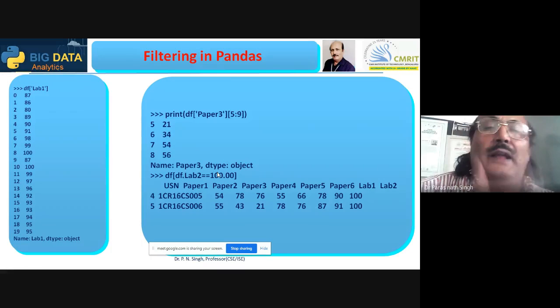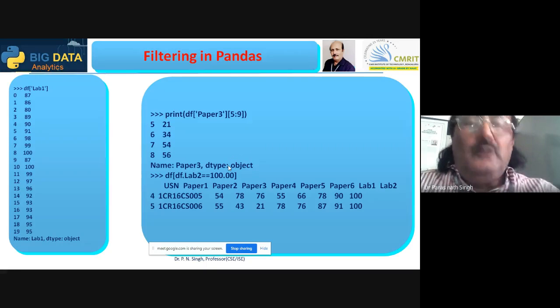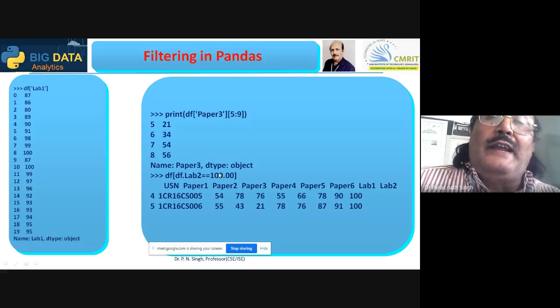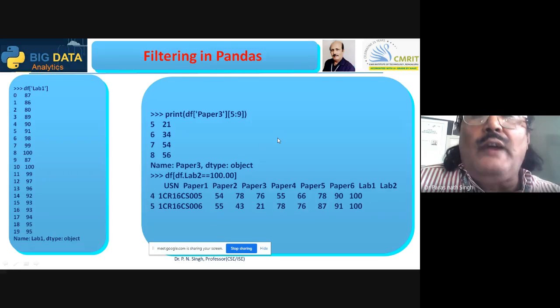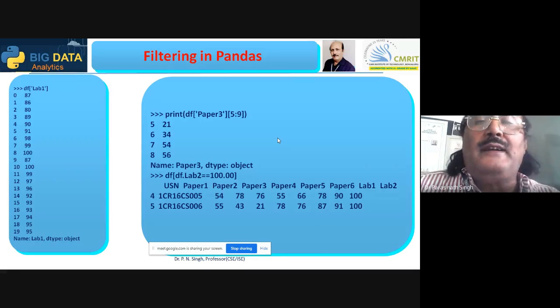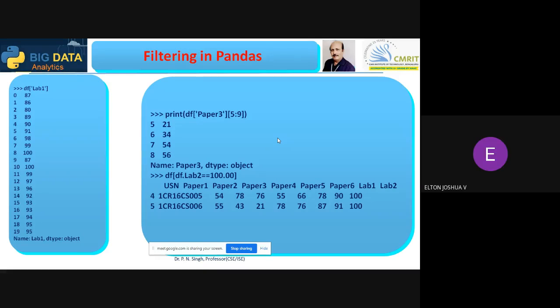So how to display only that particular field having this particular value? So if the double equal to equality test operator is working, we can also find for any paper who has got more than 60% marks in paper 4, who has got less than 45%, who are the failures, meaning got less than 40% in that particular subject. Okay, Joshua? Okay, sir.